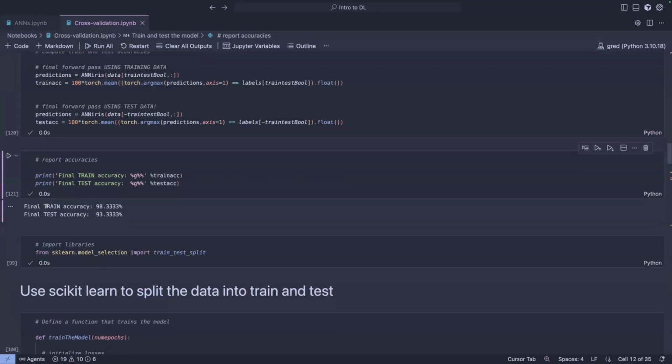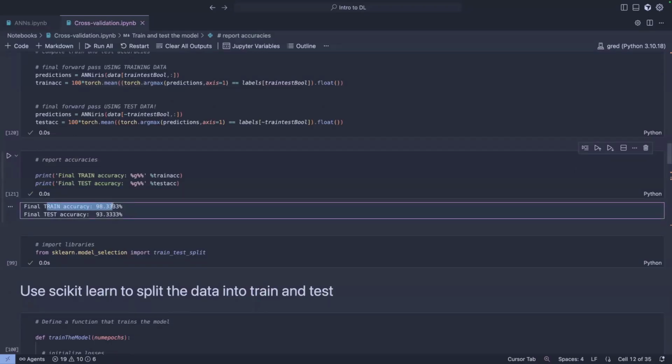So you see that the final training accuracy is like 98%, and the final test accuracy is 93%. So not bad. When you run this multiple times, because this is a small data set, you can get into examples where the test is actually higher than the training. This is not really a situation you will see a lot in the real world, but because this is a minute training data of like 150 examples, you can see some kind of unorthodox things like this.